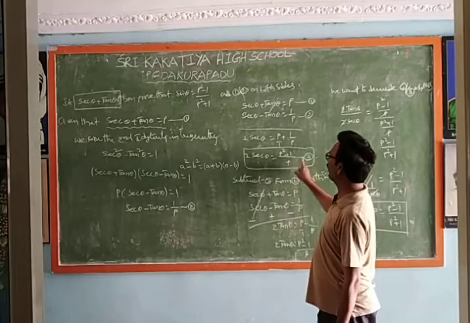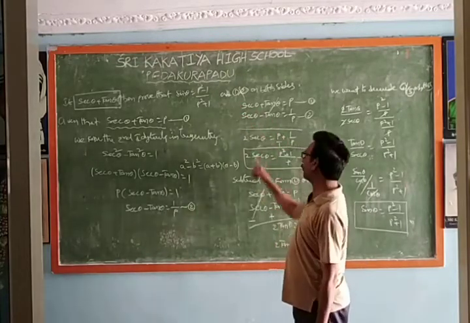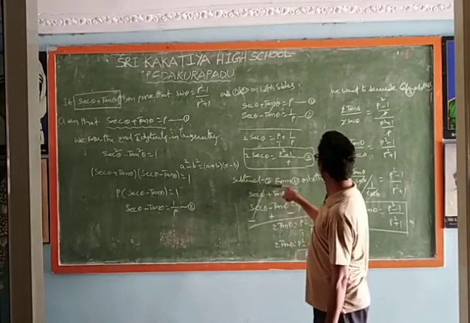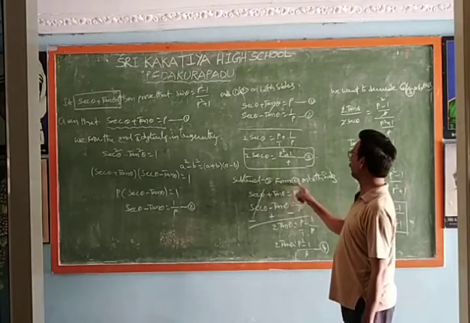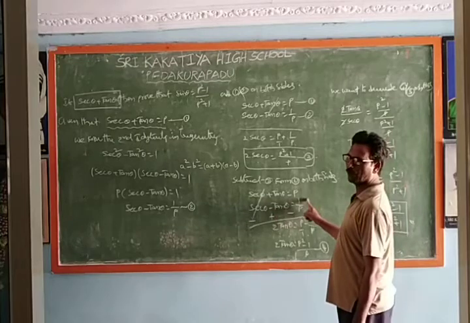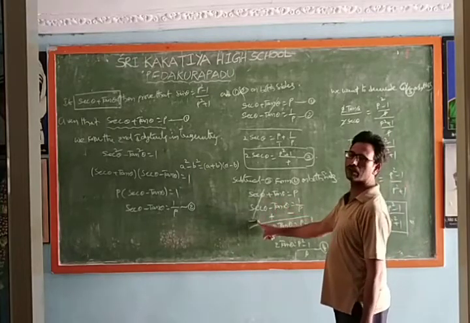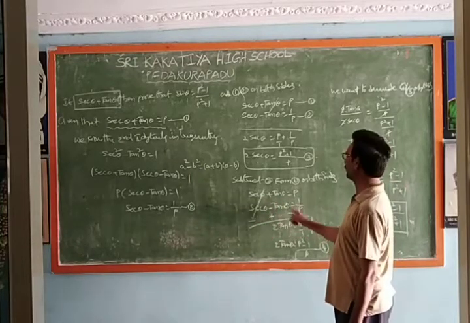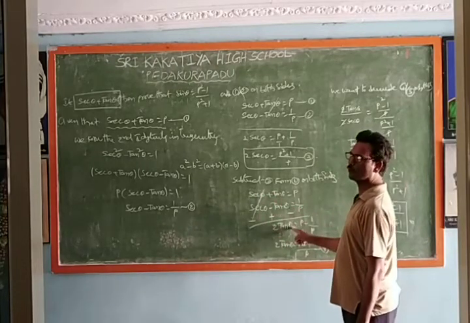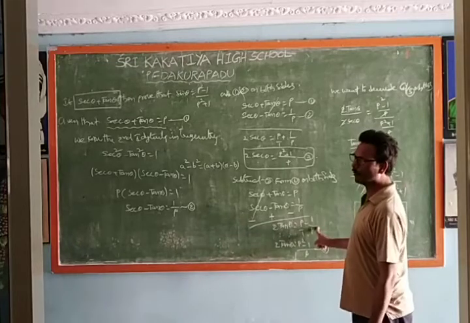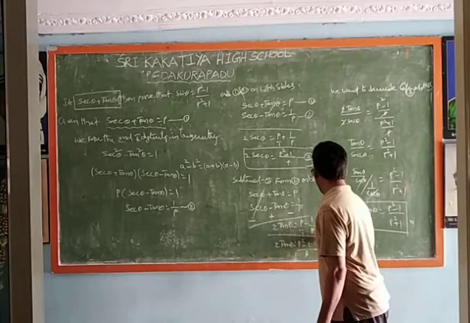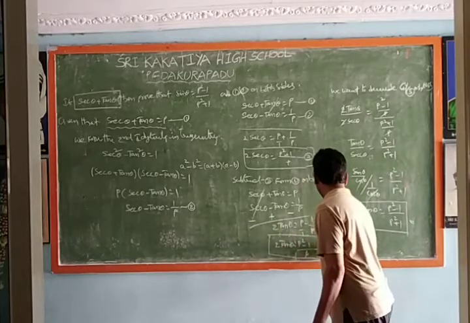As same as here adding, here subtracting. 1 plus 2 here. This is 1 minus 2. Subtract 2 from 1. Secant theta plus tan theta is equal to p and secant theta minus tan theta is equal to 1 by p. Here subtracting means the symbols are changing. Minus plus minus. Secant theta cancels. Here tan theta plus tan theta is 2 tan theta. 2 tan theta is equal to p minus 1 by p. The LCM of p minus 1 by p is p square minus 1 by p. This is the fourth equation.